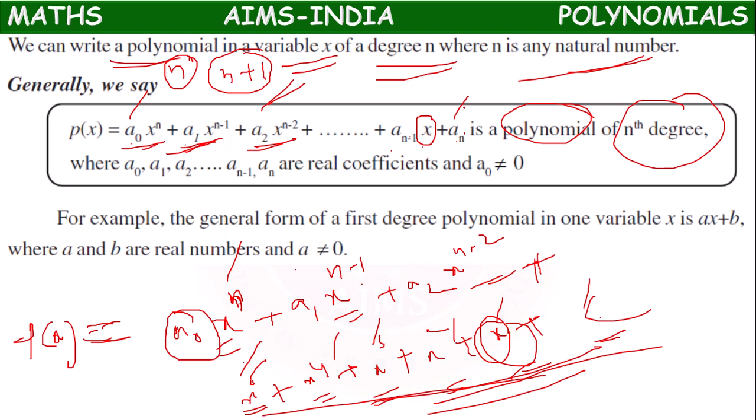So the last one, that constant will become an, because from 0 to n, the number of terms will become n plus 1. So before that one, what will be the coefficient? n minus 1. That will be the x term. After that, the constant term. Like that, we can expand. So here